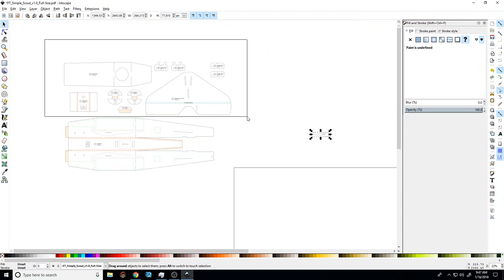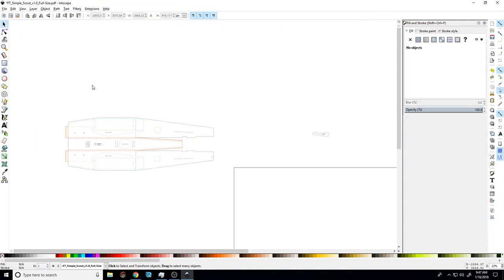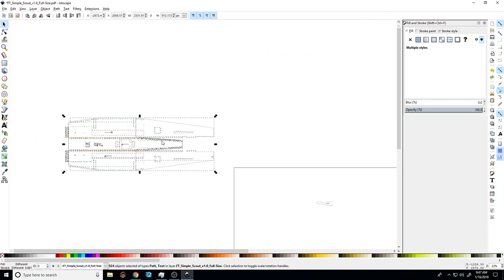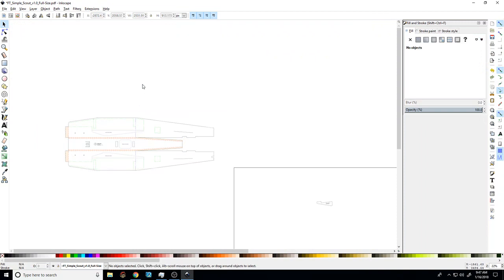So let's carefully select all of that, get rid of that. You know what, let's put this piece down here. And we're going to regroup. And you can see kind of how quickly I'm running through this. I mean, it really doesn't take long once you have the